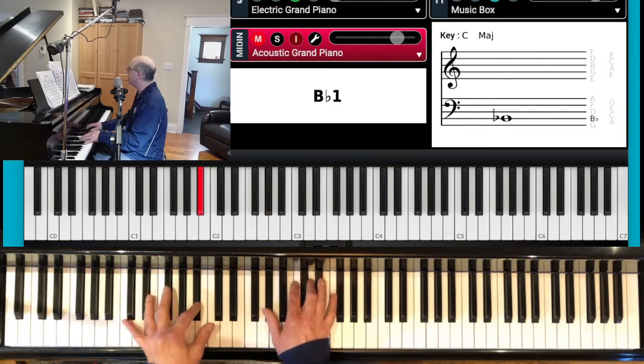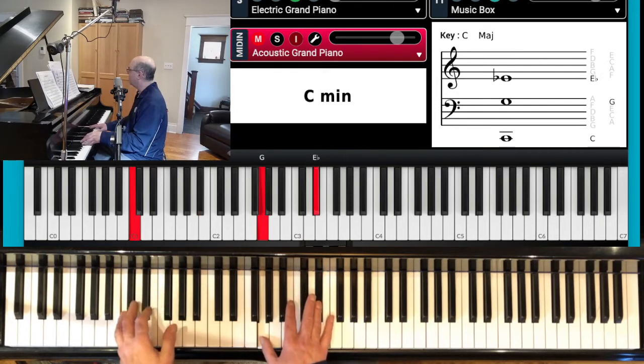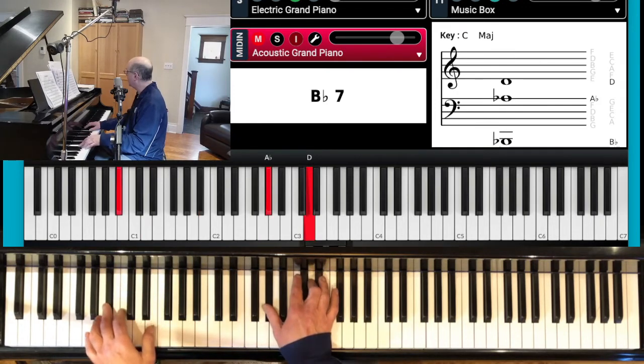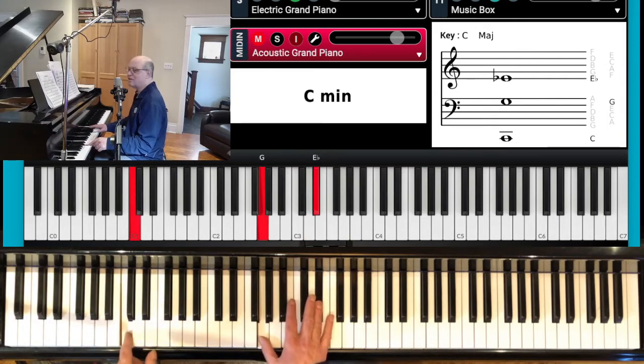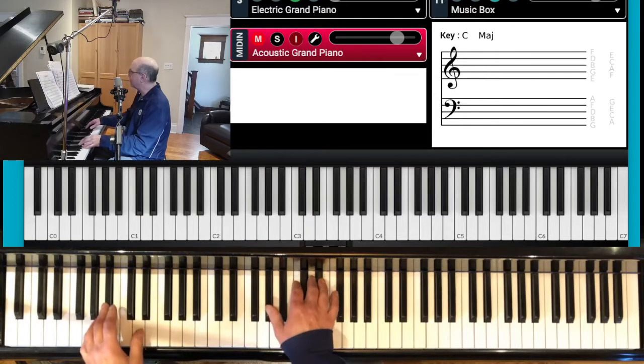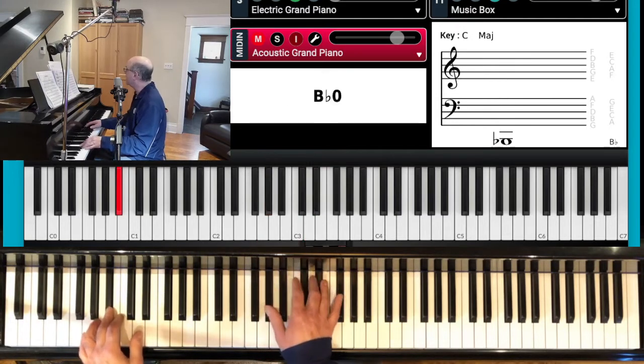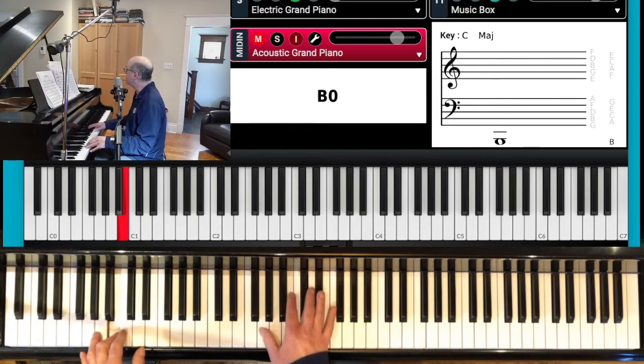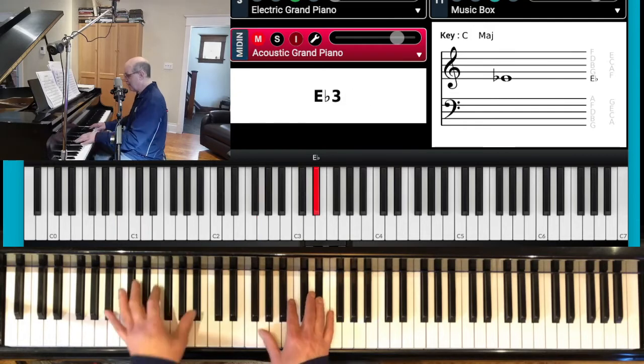Here's C minor. You don't know which way I'm going to go, but either way sounds right. And if I use the passing bass note, then you accept it even more. And if I play B flat 7th,